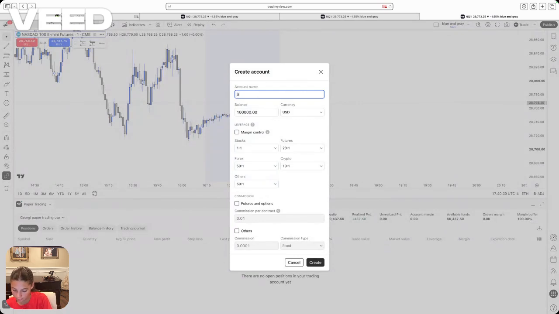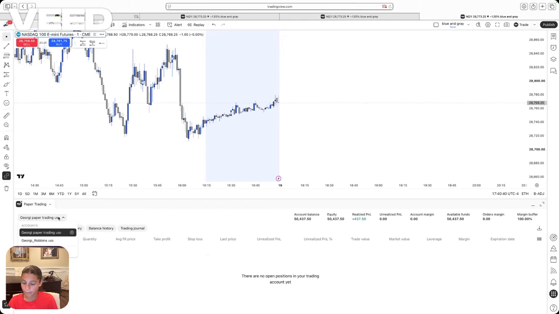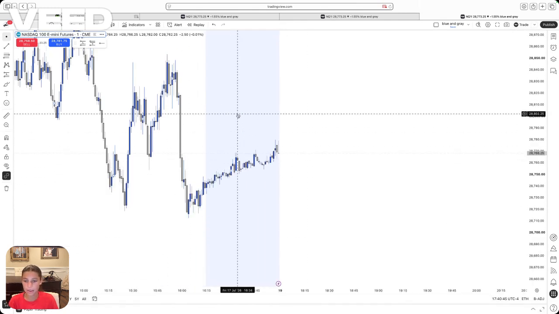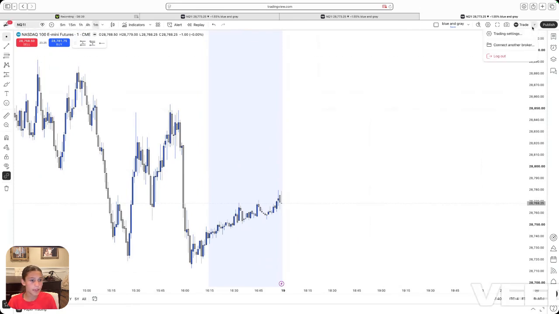Let's just do setup, right? You name your account. You can literally make your balance $1, $2, right? And your currency, margin control, all the fun stuff. Me personally, I don't want to use that, but whatever. You can take trades on that, right? But right now I don't use that. I use,